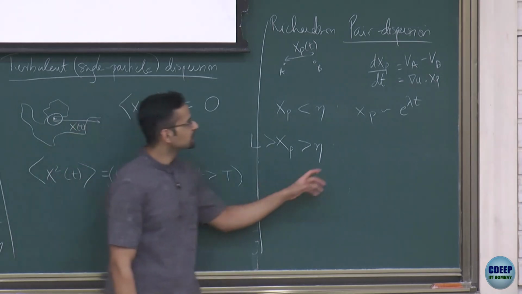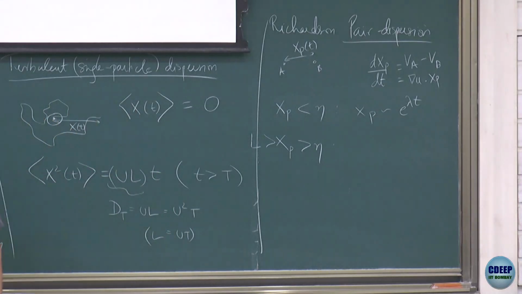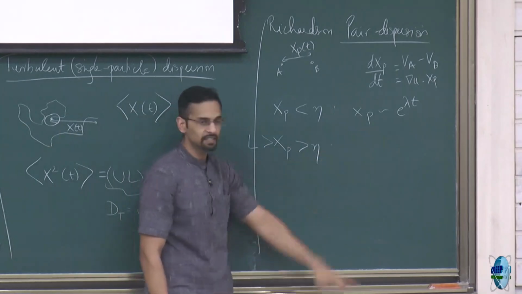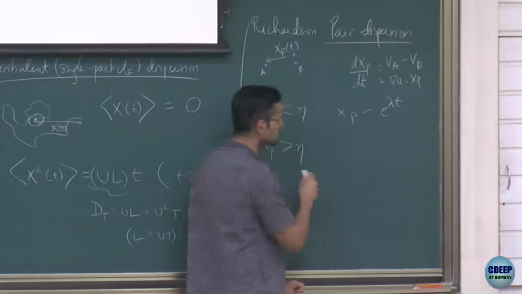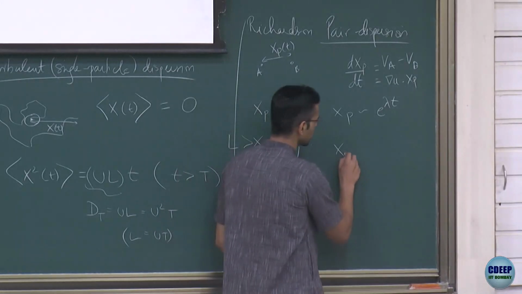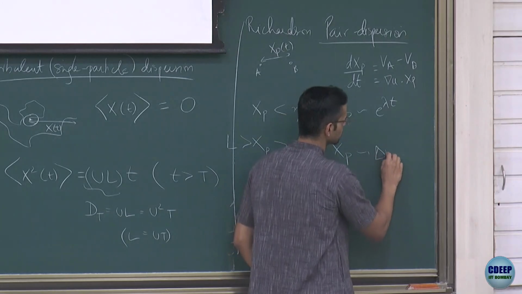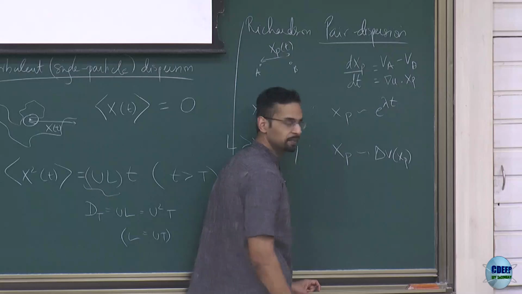Okay, and in the inertial range, my velocity difference is not so nicely correlated linearly, because now the flow will become rough, and I cannot take the time derivative of the position, right? The distances will change. But what I can do is still look for a scaling relationship. So I can say the xp will go like some velocity difference that depends on xp and t.